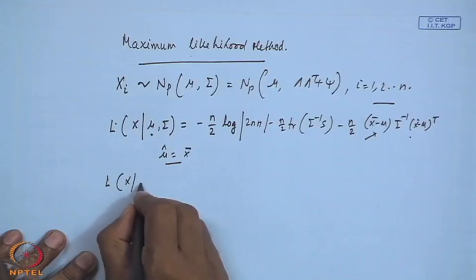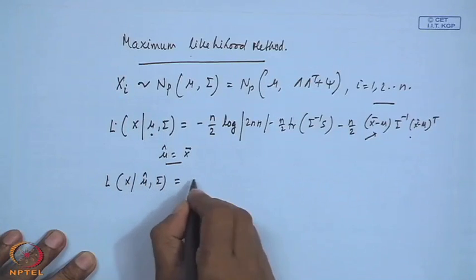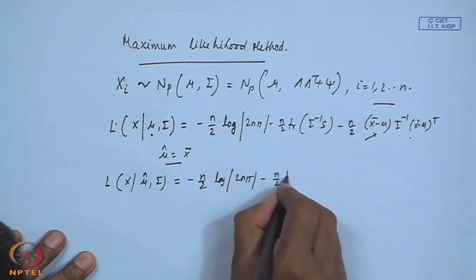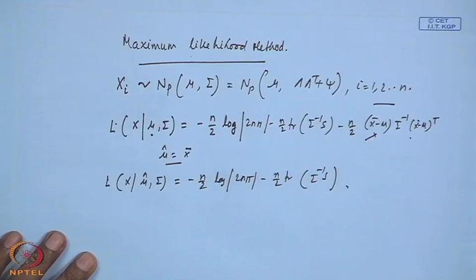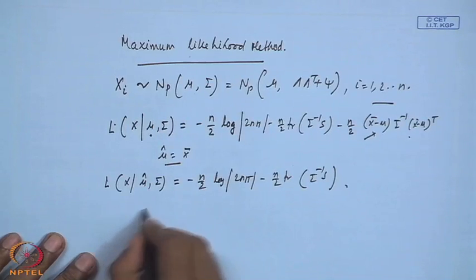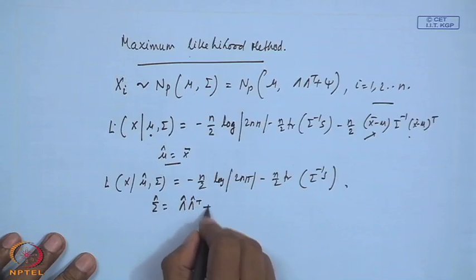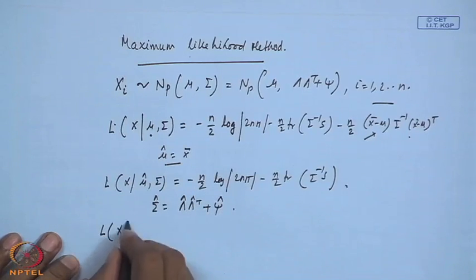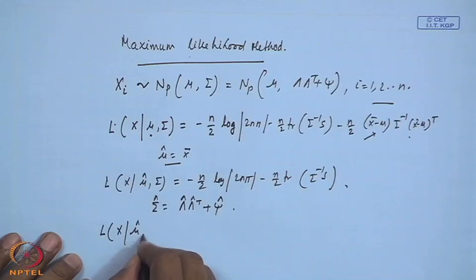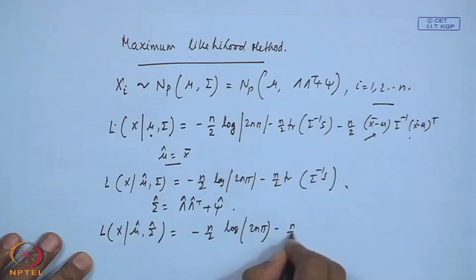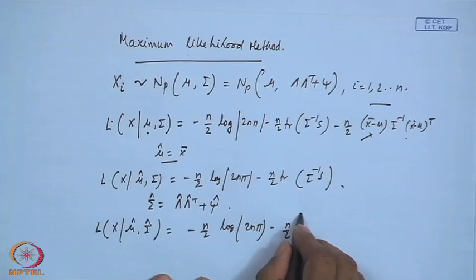So then your likelihood at mu cap, sigma will be minus n by 2 log 2 pi sigma, minus n by 2 trace of sigma inverse S. Now, if we say that sigma cap is lambda cap lambda cap transpose plus psi cap, then this function will become minus n by 2 log 2 pi, minus n by 2